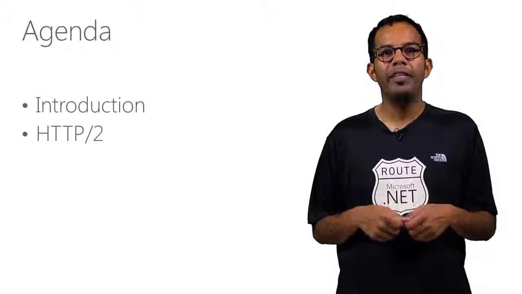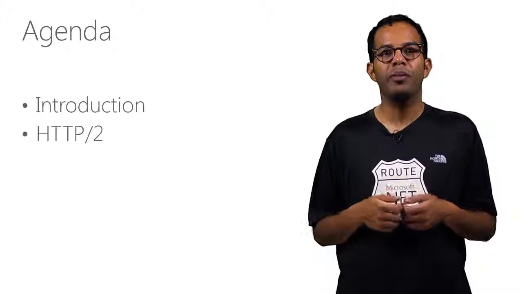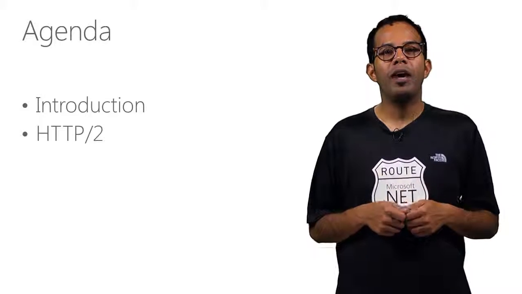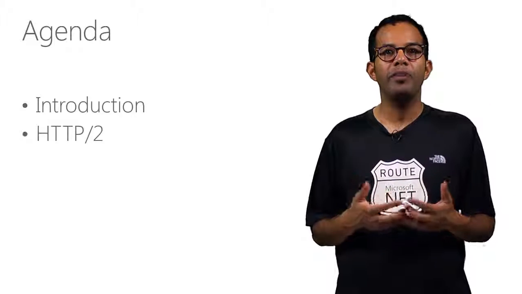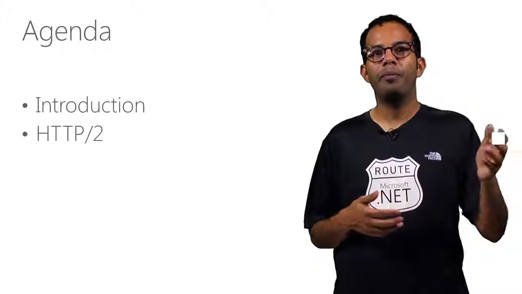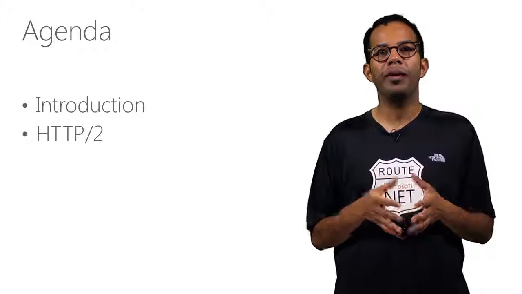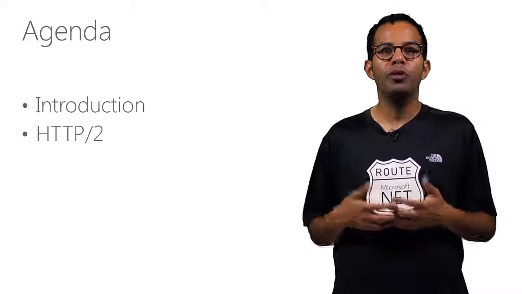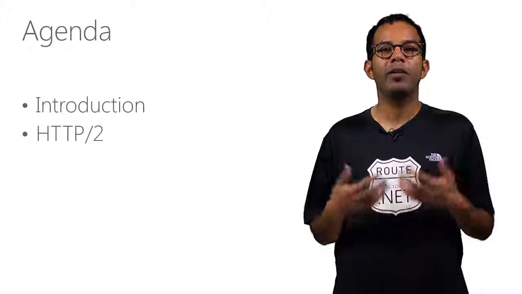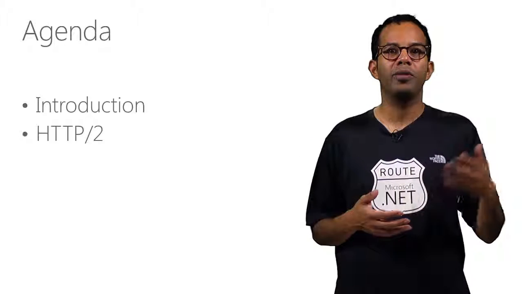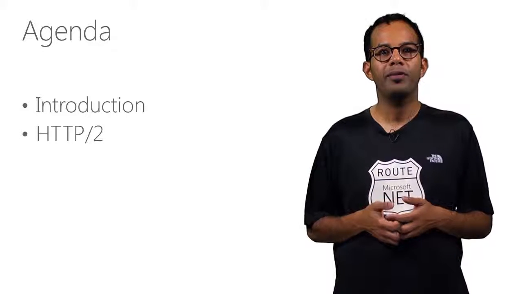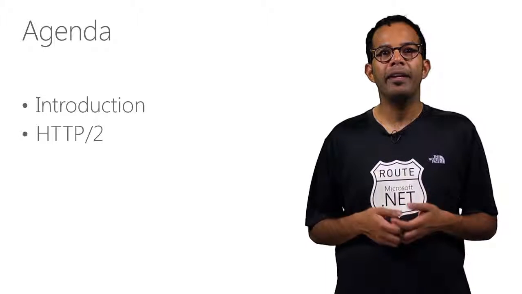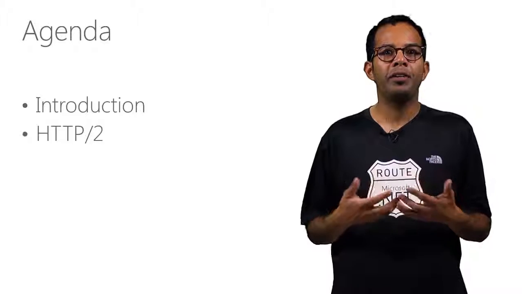There's also support for decreasing the headers. The headers are going to be compressed. HTTP2 will also add support for server push. That means if you have a page which requires 5 images, normally a client would send a request for the page and then send 5 requests for the images. In this case, the server app can use a server push to send the response of the page as well as the 5 images in a single response itself. So the client does not have to make those other 5 requests. We're adding support for HTTP2 in Windows 10, in IE, in IIS, in ASP.NET, so that you can start building